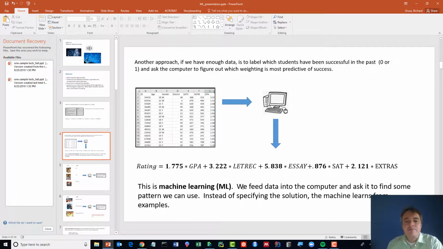Okay, so the basic feature that underlies all of these machine learning methods that we're going to talk about is that we just start with data. We feed data into the computer and we ask it to come up with some kind of pattern that we can use. Okay, some kind of classification scheme, sometimes an attribute weighting scheme, just some kind of tool that we can then use to look at new data and it can predict something about that new data. Okay, so instead of having a completely specified solution, we ask the computer to learn from the examples that we've given it. Okay, so for example,